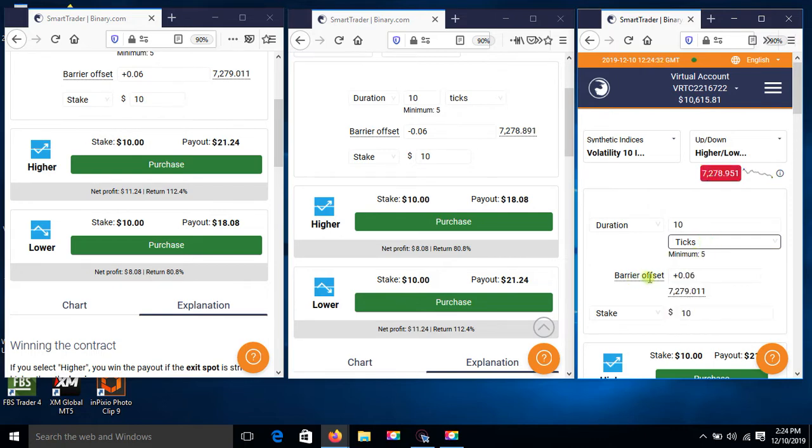And then the barrier offset, you put it at plus 0.06. Then you put your stake, depending on your equity which you have. So in this case I'm using $10 because I actually have enough equity there. So once this is set,